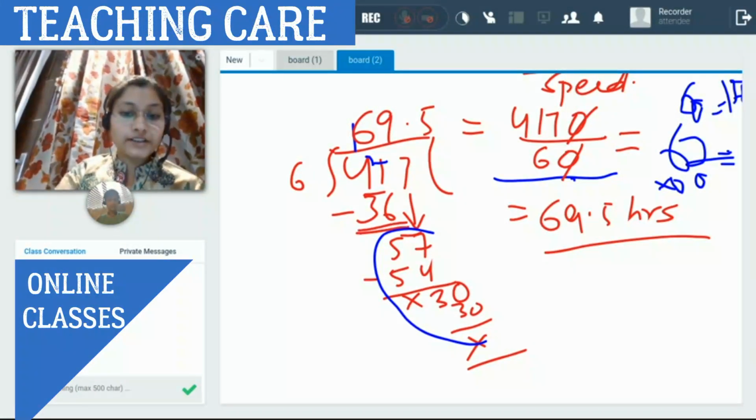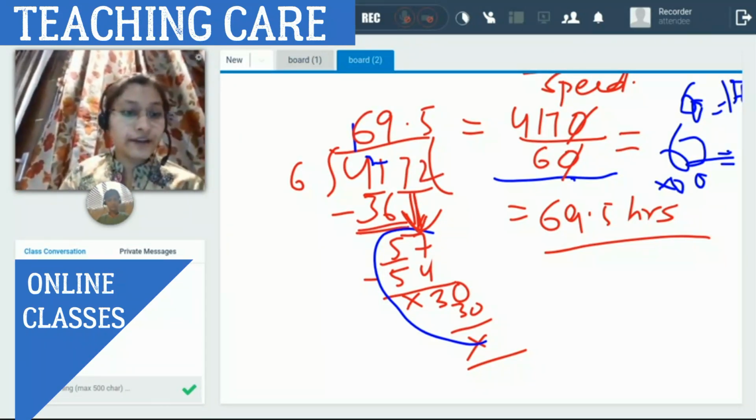See, till now you got it that 36 was there, we subtracted and 5 was the remainder. Then any number left over in the quotient, we drop it down one by one. If it were 4172, I would have drawn down just 7 at a time, one number at a time. So I drop down 57 over here, then it becomes 57. Then I repeat the procedure, get 54 by making it 9, 7 minus 4, 3.